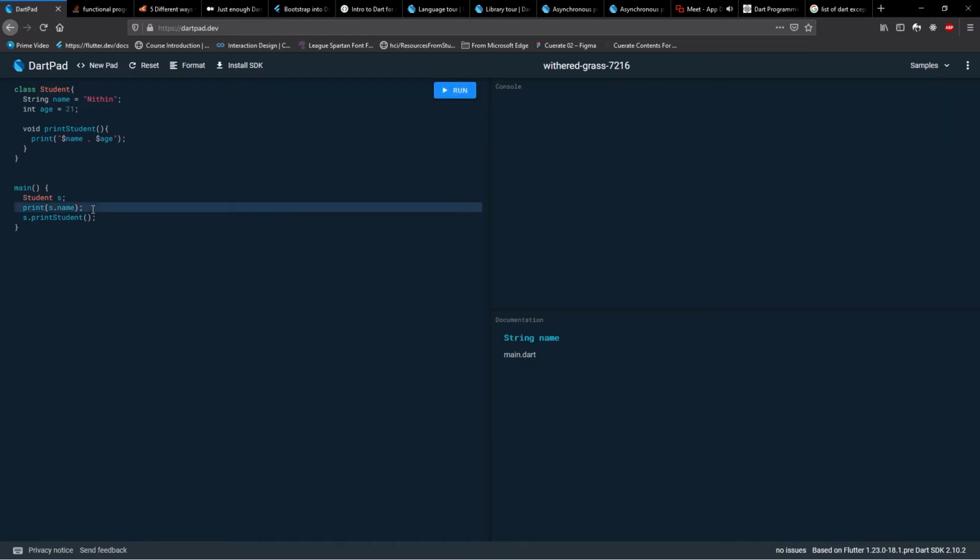okay, it doesn't want to run. Wait, did the previous one give an error? One second, I don't know what's happening. Student s. Why though? Why are you not working? Okay, something is wrong. What is wrong? I have no idea. Okay, let us remove this. Now if I hit run, still not doing it.